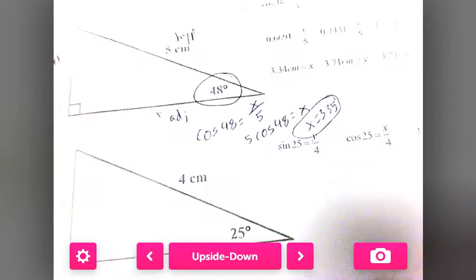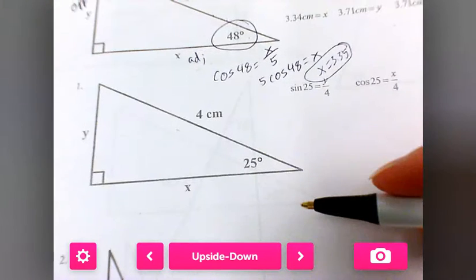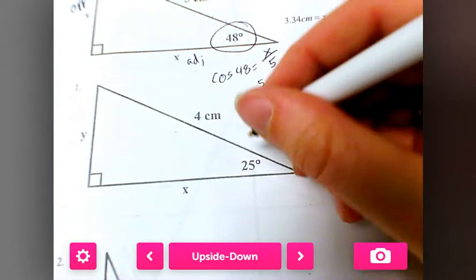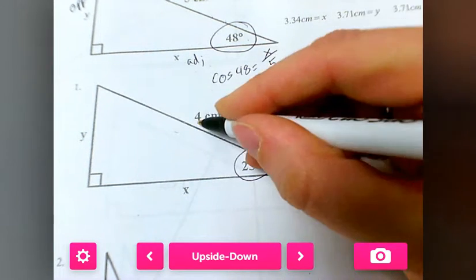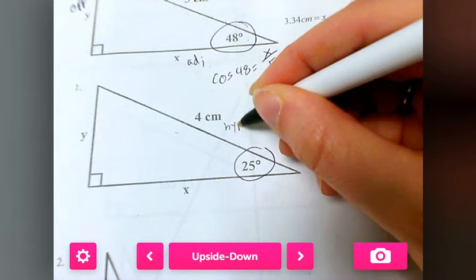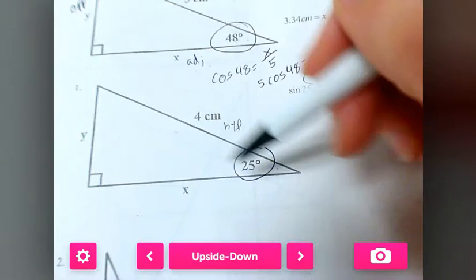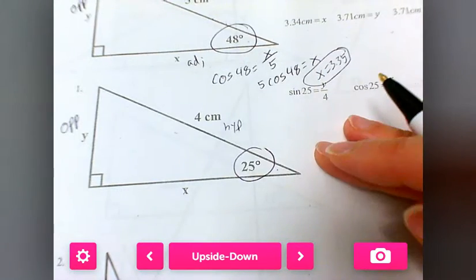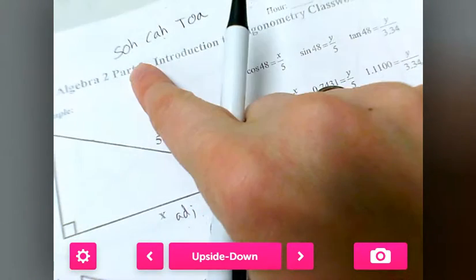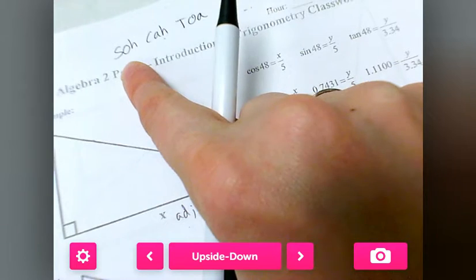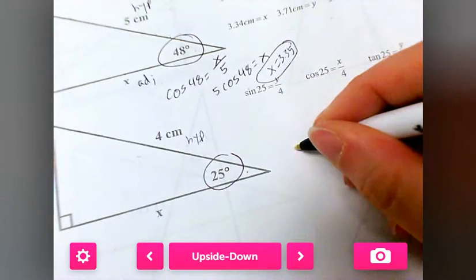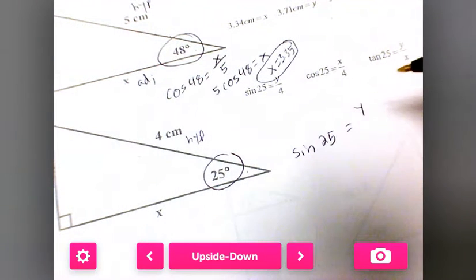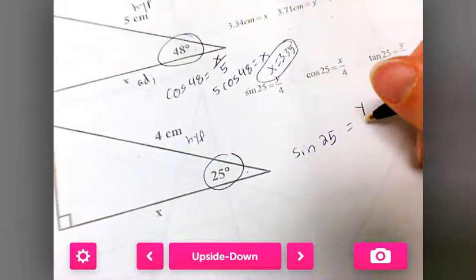Now, if we're looking at number 1 here, let's find y this time instead of x. So the first thing we're going to do is circle. I know 4 is my hypotenuse. And see how 25 and y are across from each other? That's my opposite. Now, which trig function uses O and H out of SOHCAHTOA? Should be S, right? And that stands for sine. So sine of 25 equals the opposite y over the hypotenuse,